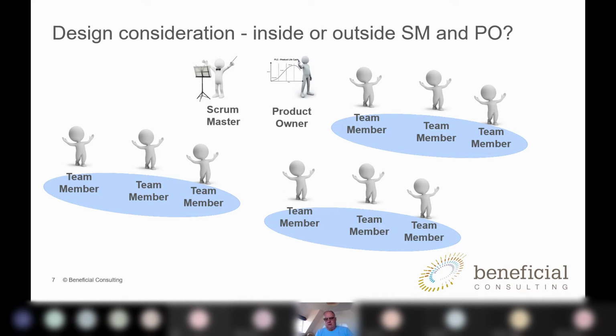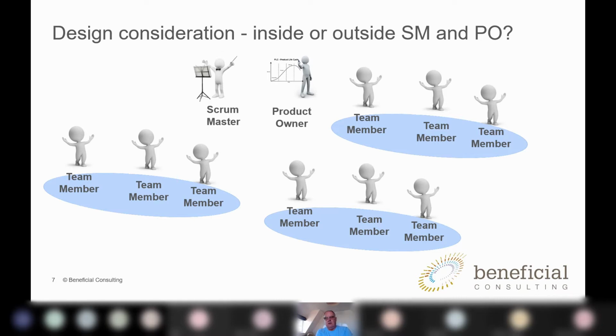Or is this something that you might consider as a coach, whether you've got alternatives here? For example, if you've got very few people, if you've got a very good developer in the team, is the Scrum Master a hat that is worn by a developer or tester, or is it really an FTE?